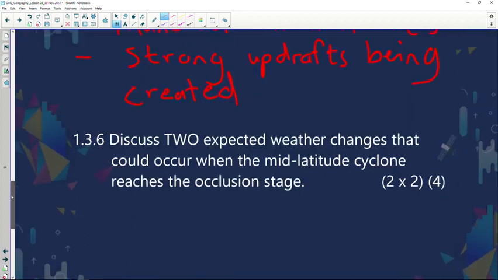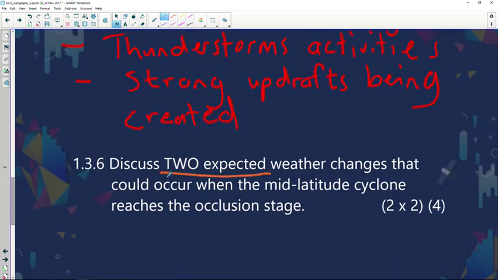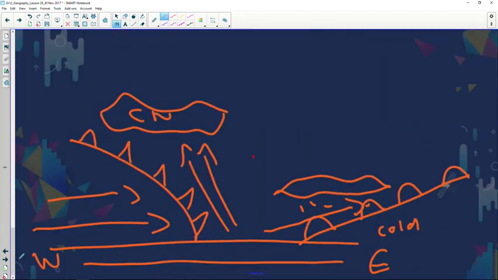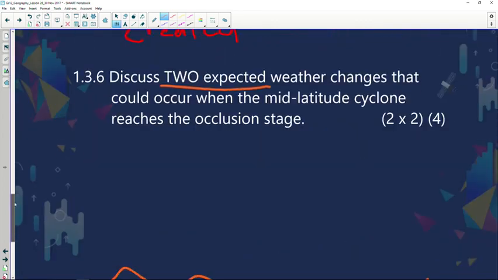Okay, if we look at our next question, 1.3.6. Discuss two expected weather changes that could occur when the mid-latitude cyclone reaches the occlusion stage. Now what happens with the occlusion stage, if I can quickly draw it for you, it's when the cold front eventually catches up with the warm front. So it's a mixture of warm and cold fronts and cold air. Now what can happen, we might experience a cold front occlusion or we might experience a warm front occlusion, but